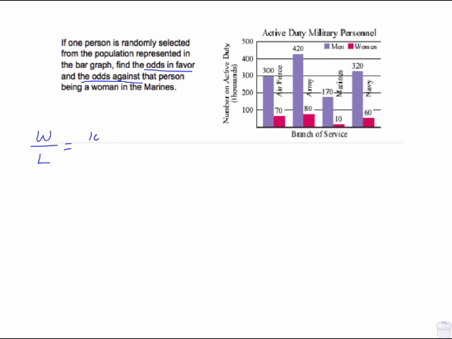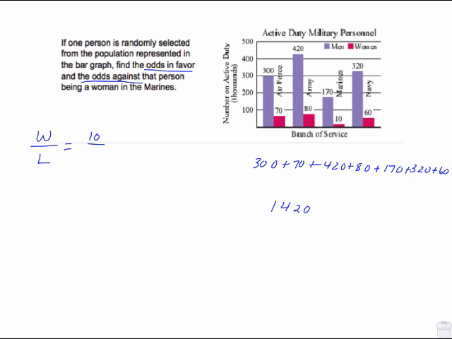So there's 10 women. We need to find out how many are not women in the Marines, meaning add all these other things up. So that's 300 plus 70, that's all the Air Force people, plus 420 plus 80, that's all the Army people, plus 170, that's the men in the Marines, plus all the Navy personnel, which is 320 plus 60. And if I add all of that up, I'm going to get